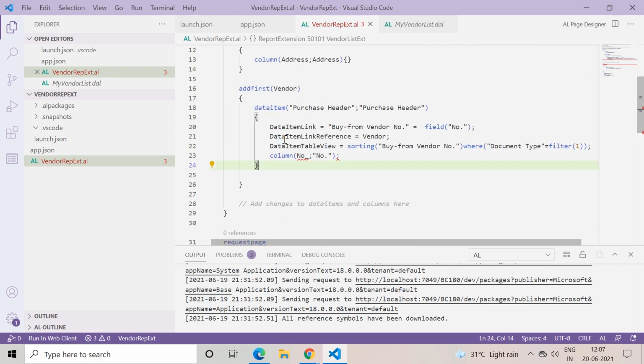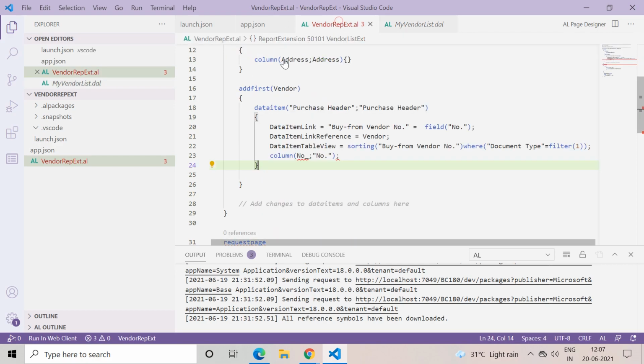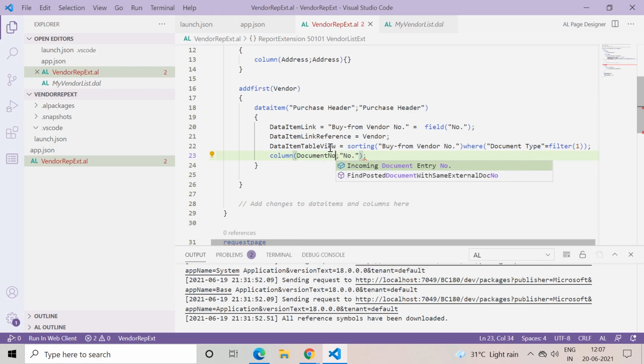So where is it actually available? Just head back to the original report, and here you can see that the name number is already given to the field vendor number. Okay, so we cannot use the same name again and again. So we can change the name here to document number. Okay,